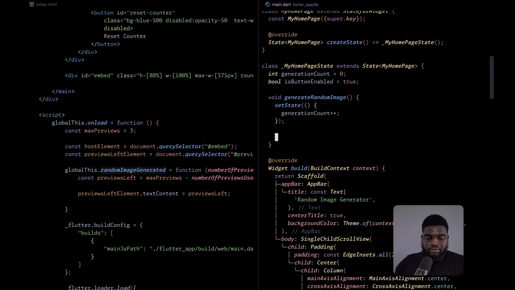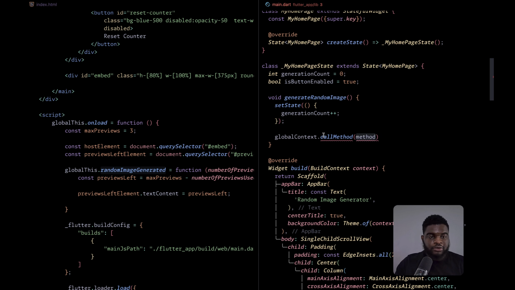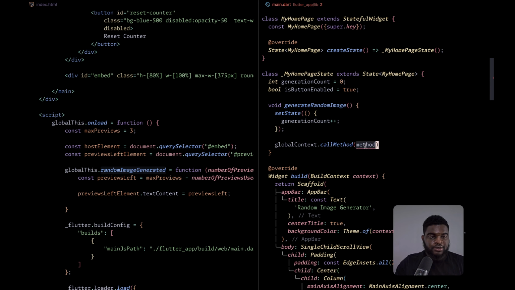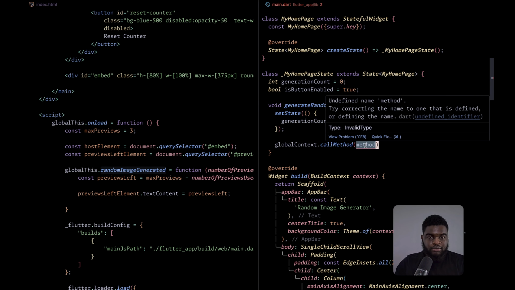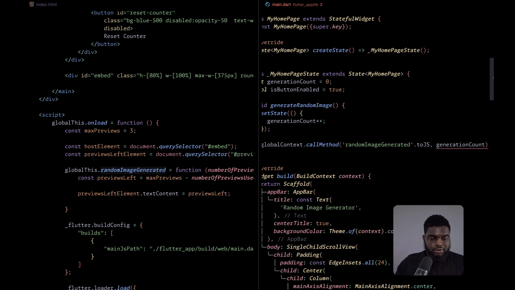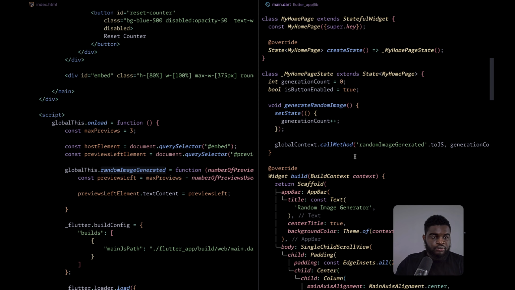So this would be globalContext, which comes from the js_interop package, dot callMethod. The callMethod comes from the js_interop_unsafe package. So this, we copy the name of the function from the JavaScript, toJS to convert it to a JS string, and we pass the generationCount toJS to convert it to a JS number. So now we need to rebuild the Flutter app.